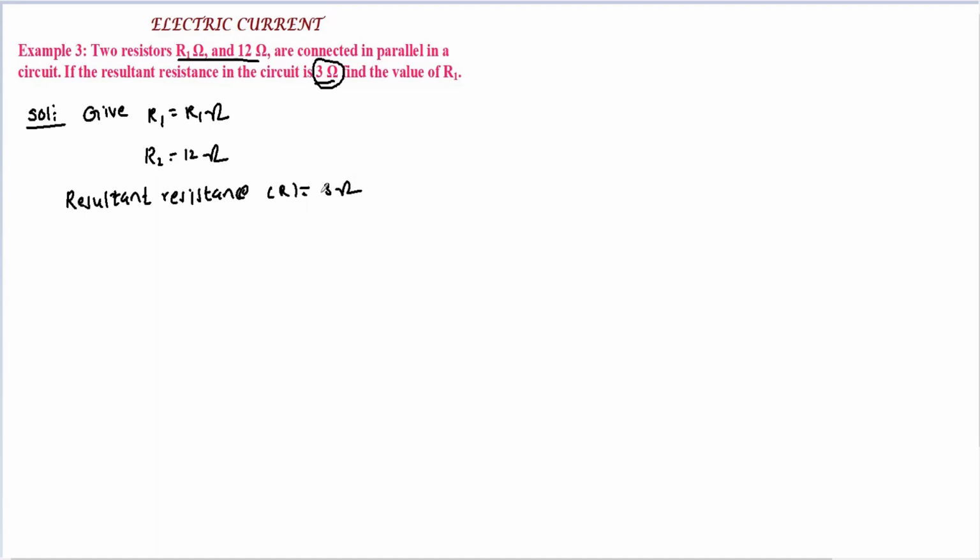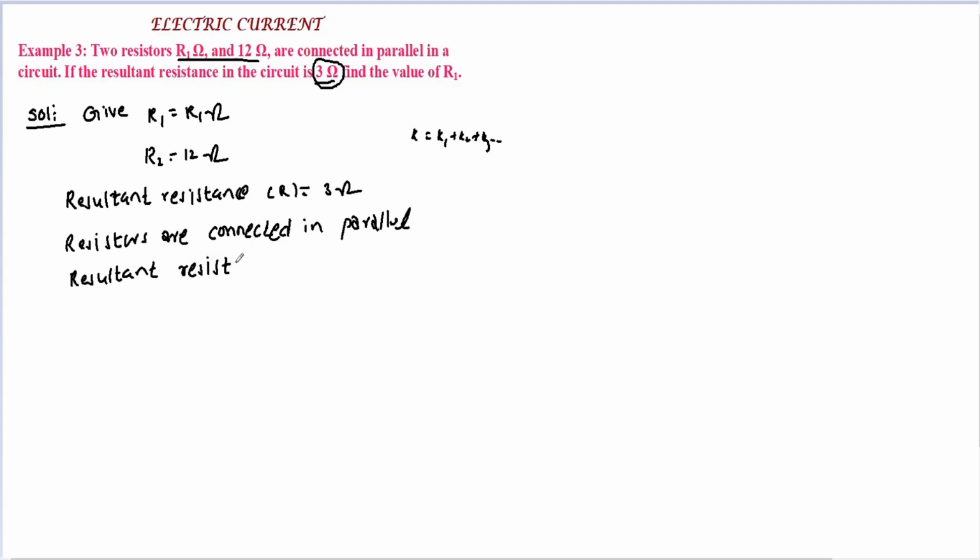Before this problem we solved the series connection. What is the series connection? Resultant resistance R equals R1 plus R2 plus R3, like that. Now here these resistors are connected in parallel. So that means the resultant resistance,